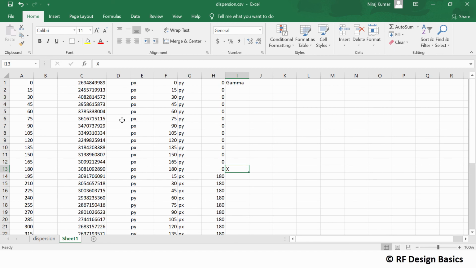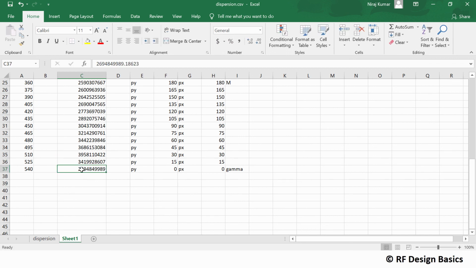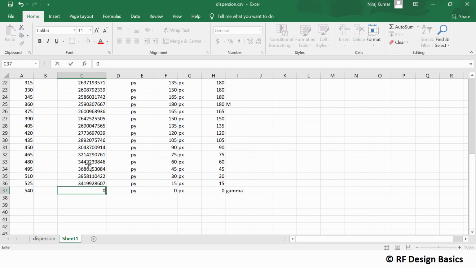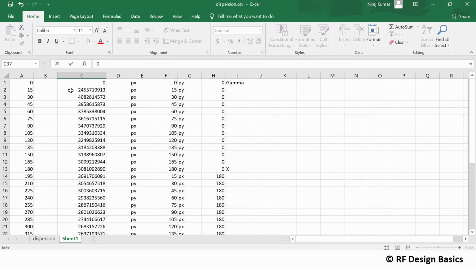One more thing, to have a proper view of the deviation of phase: when it is 0 degree, at that time the value should be 0, because when we are starting at 0 degree, we'll make it 0 to see the light line also. So this will draw the light line, that means the starting of the phase. So we'll keep this as 0 and the last value also 0, because these two values were the same, so we made them 0.